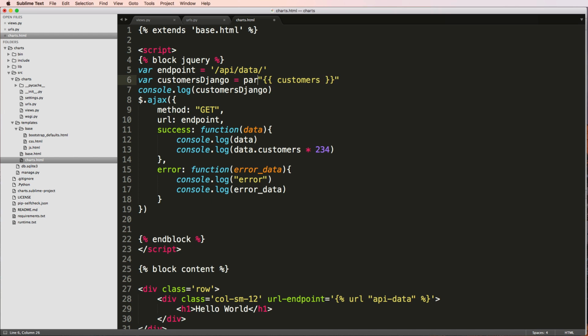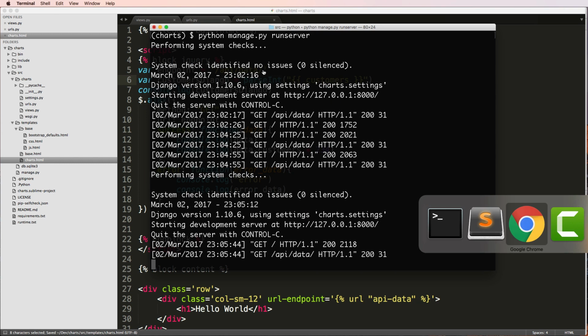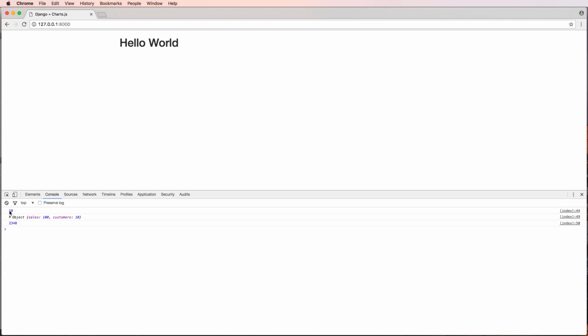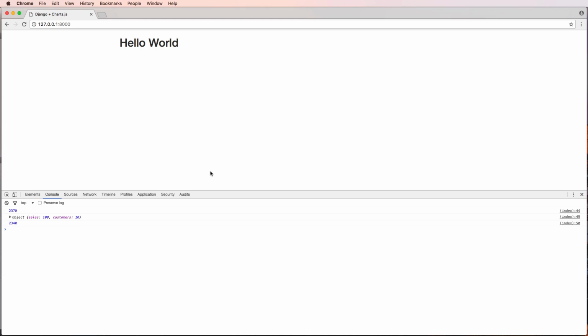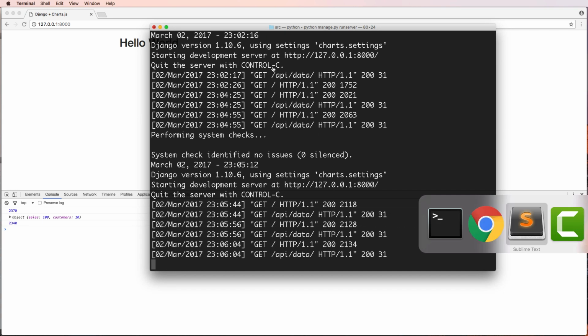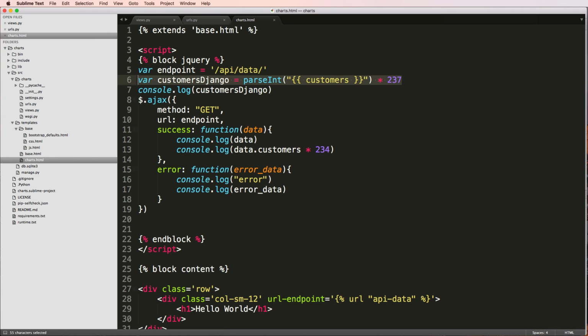So to turn that into an integer, we'll do parseInt, which is built into jQuery, and that gives us an actual number that now we can do times 234 or whatever we want to call it, and refresh, and now that actually works. So this is doing a very similar thing, but the nice part of having an endpoint or an